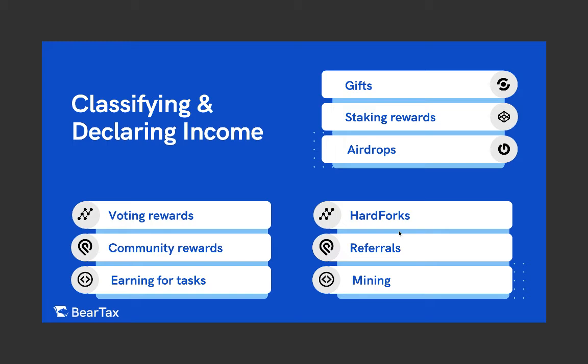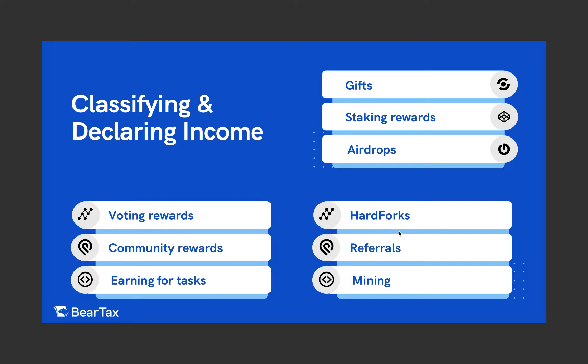And voting rewards: sometimes exchanges put up contests where there are two projects and you vote for this one or that one, and whichever currency wins gives out this much currency. That's called voting rewards. And community rewards: you work for a certain project to monitor and manage their community, and you get paid in their tokens. And on Coinbase Earn or similar platforms, it's the digital asset version of Mechanical Turk. You do some kind of tasks and you get paid in crypto.